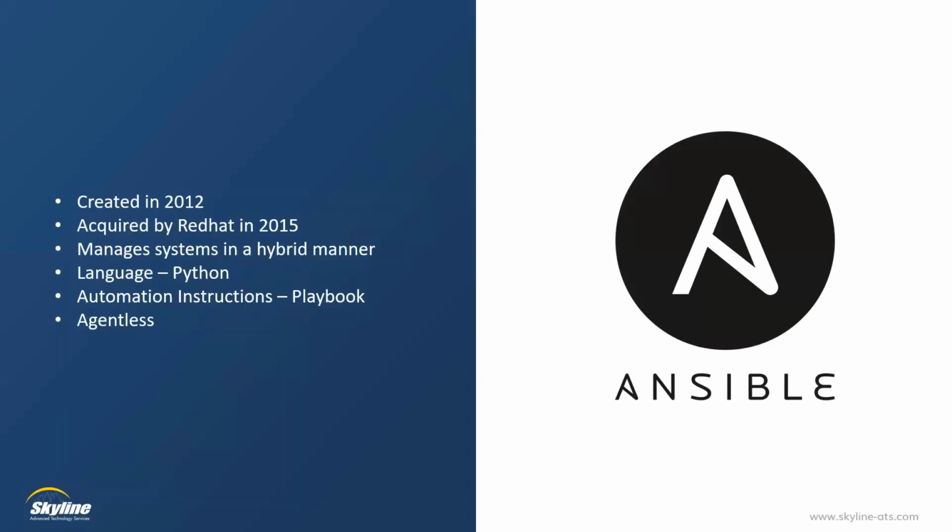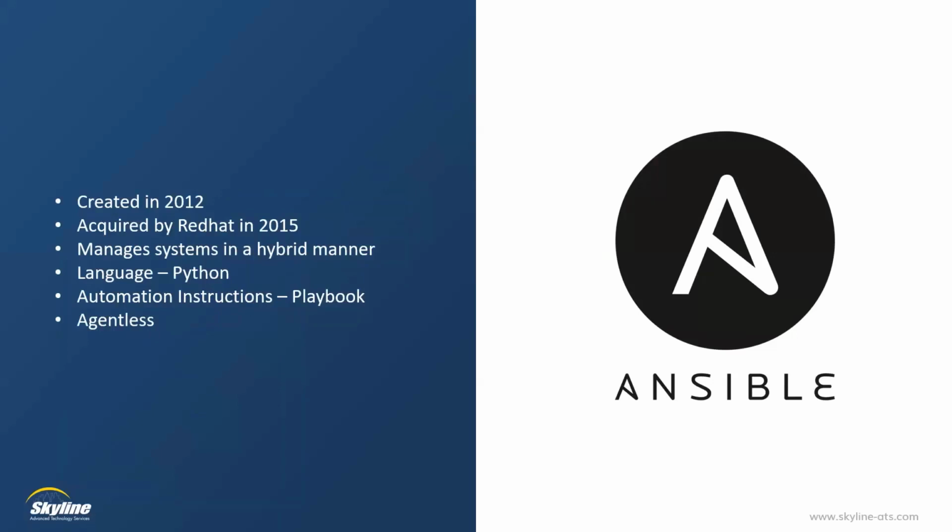So the way that Ansible works is we have what's called a playbook, and inside that playbook, we have what's called plays. And those plays are made up of modules. And the module describes something that needs to be changed, right? You can download the majority of those modules from Ansible, or you can make your own modules if you wanted to. It is agentless, which is why it's used with networks, network devices.